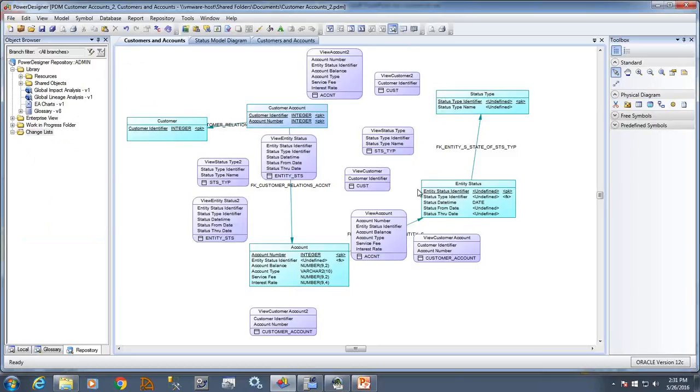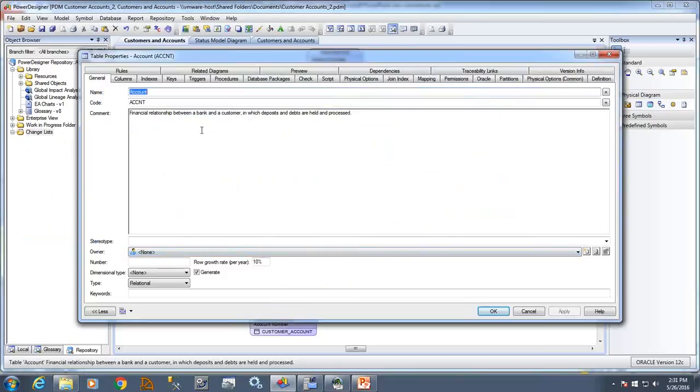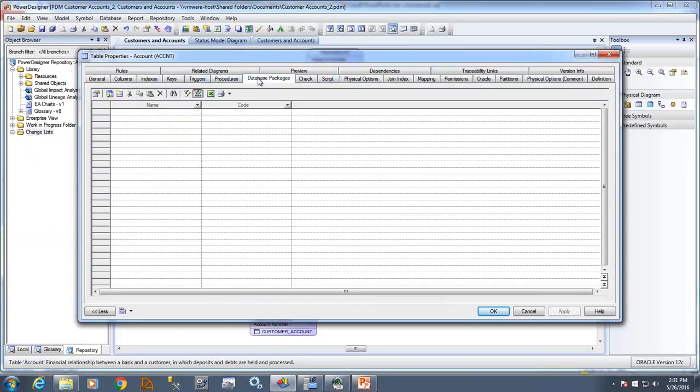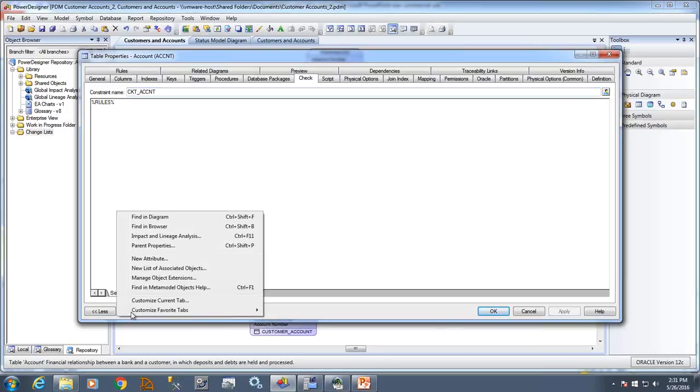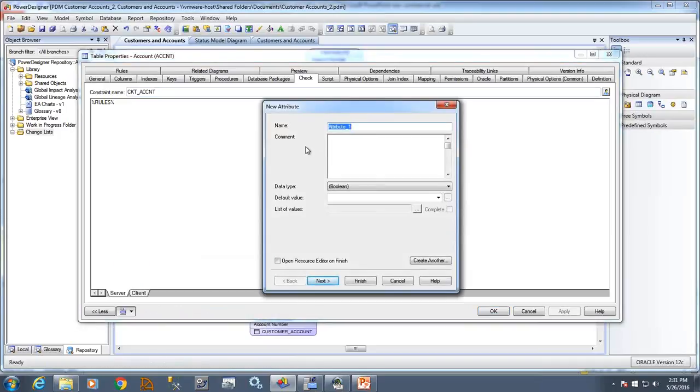And since we have a little time, I'll take you through a quick exercise here where I might want to say, let's say on our account, maybe there's a security level on this thing called account. Now, if I look across here, I have a whole bunch of tabs that will give me different things, but I'd like a tab that actually tells me what's the security level of this particular object. So in PowerDesigner, there's this thing called an extended attribute or a new attribute. And here I can define it. I could say that this is a